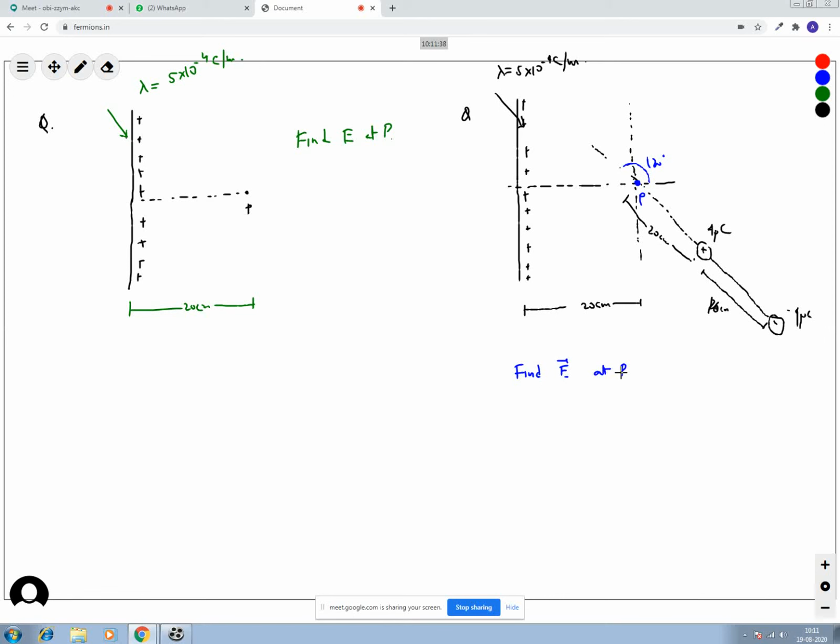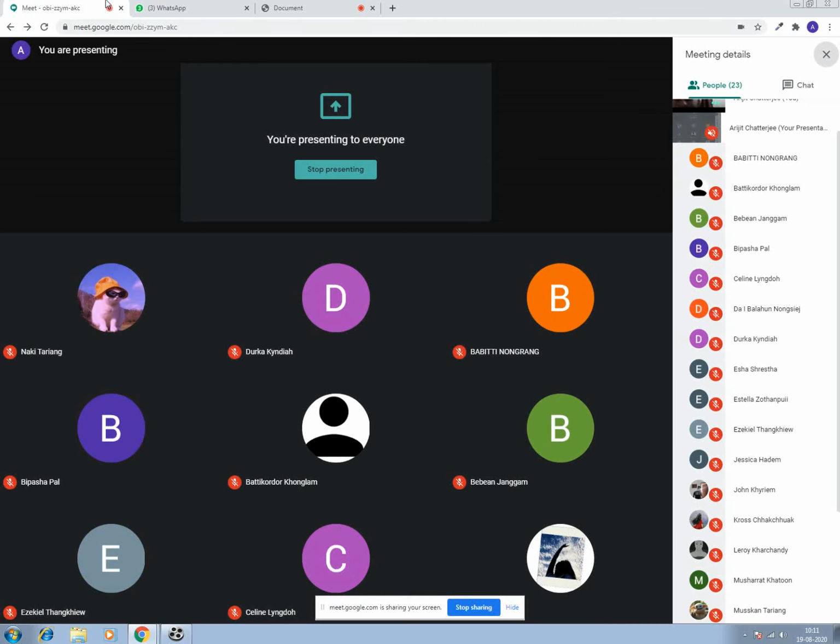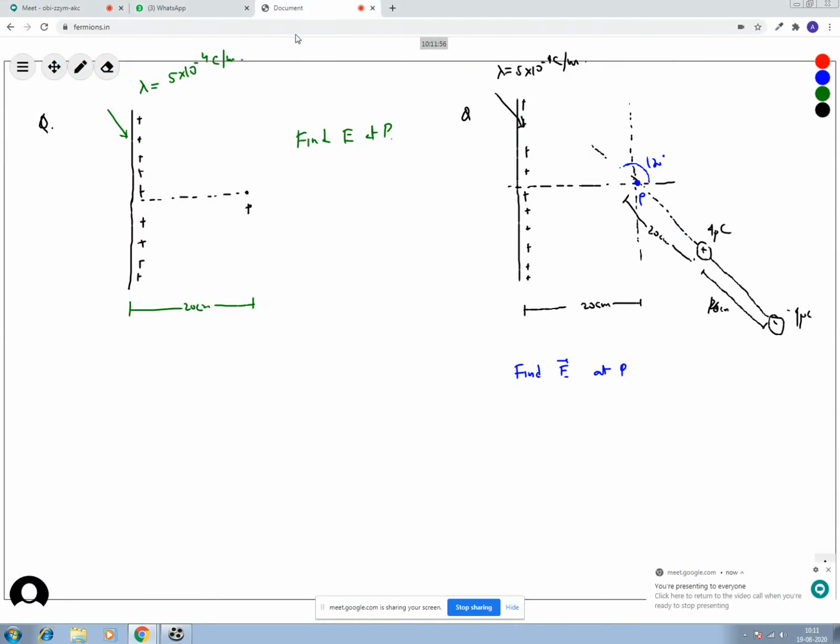Interesting, right? So can you see we are combining things? Till now whatever we have learned, we are combining. Is it or not? Correct? You can bring more dipoles there. We can bring one more charge there. I leave it for you to design some questions like that. You can put one more charge here. Then what is the electric field at this point? All together, different charge systems in different regions, and then find it.